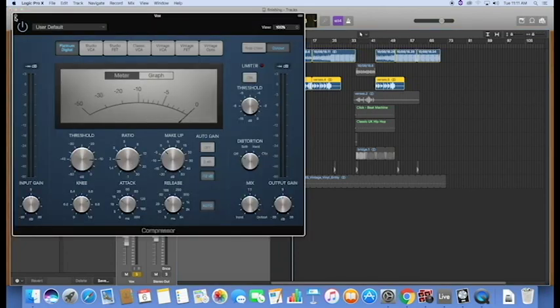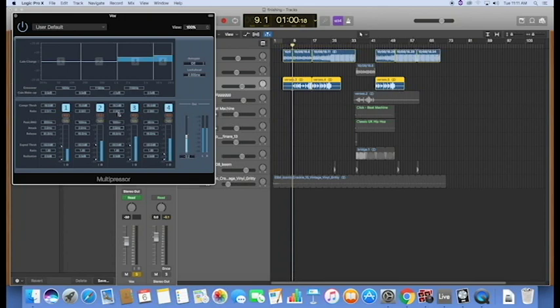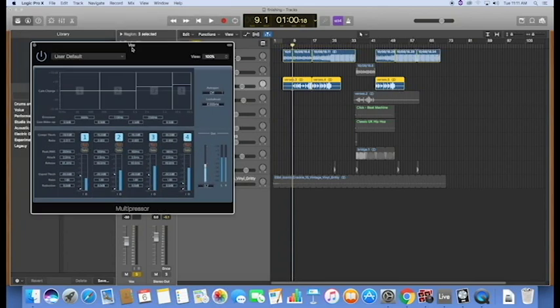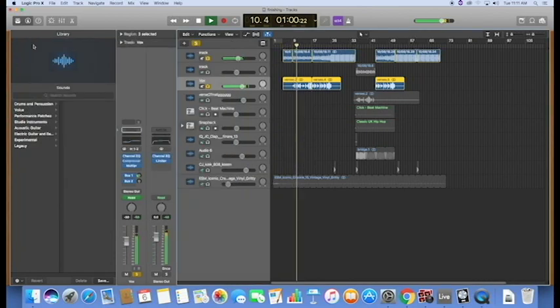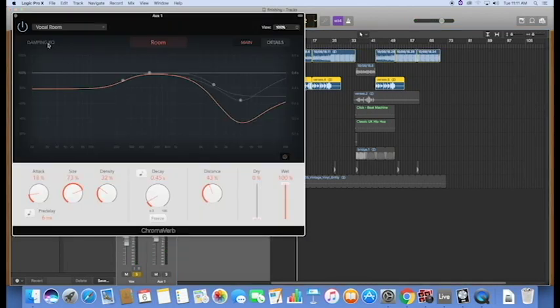I compressed the vocals just to get them at a consistent volume that I was happy with, and I also put a multi-presser on. Now my reasoning for this is I was using a plugin called OTT, which is super useful on pretty much any vocals. It just makes everything sound good. It's a multi-band compressor, and I tried to copy that here, and it just compressed the top end of the vocals a wee bit. I thought I needed something to help me get a sound that I'm looking for, and then I just sent some of the vocals to this vocal room